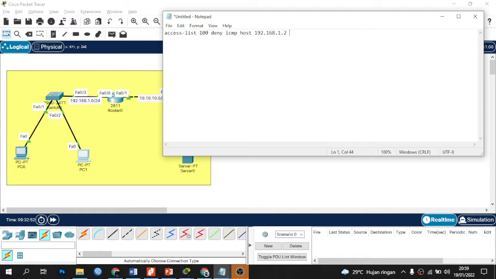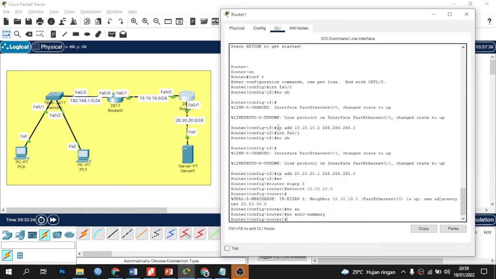Next, type host again, and for the last, type host, the server IP, like this.